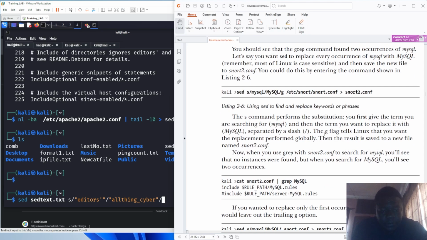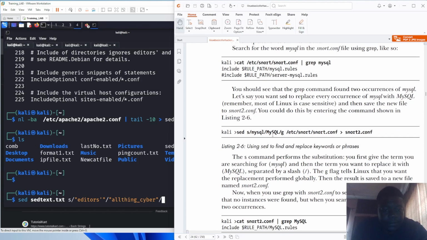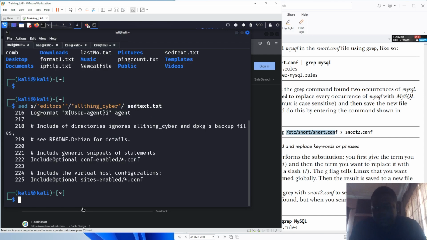So let's see what they did here. See if they look for this and the name of the file. So that means this is not supposed to be here. So let me say Control A, come back here. Then I can use my delete to delete the whole of this. Then we come out here to put it here. We have seed test.txt. So if we do this and look at it, it has changed. We have it as this,